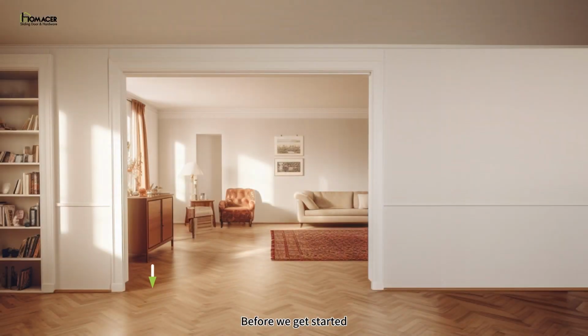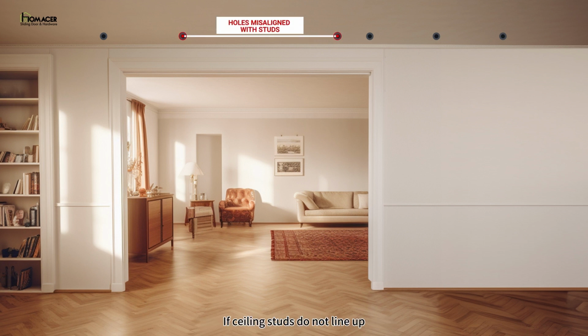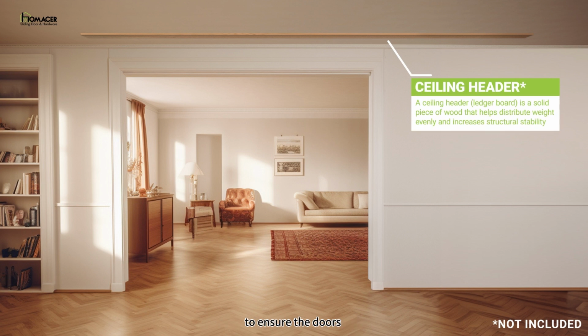Before we get started, there is one thing to take into consideration while you are calculating the size of door and track. Like all ceiling-mounted hardware, all brackets should be installed into studs. If ceiling studs do not line up, please install a ceiling header to ensure the doors do not pull down